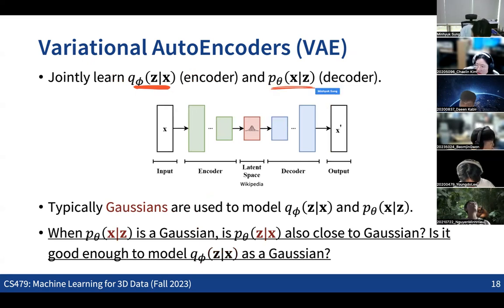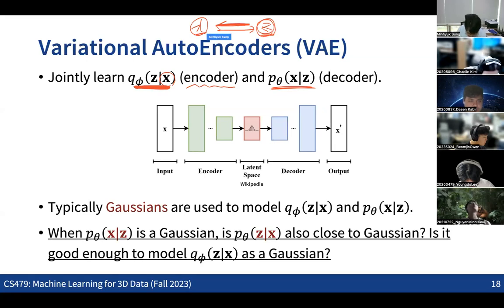You can see that the probability of z given x becomes the encoding process. Given the input data point x, how likely is it to be mapped to each sample of the prior distribution, the unit Gaussian samples, right? So this way becomes the encoding. And the other way around is the decoding, right? Given a sample from the unit Gaussian, we see how likely it maps to one of the data points. So this becomes the decoding process.